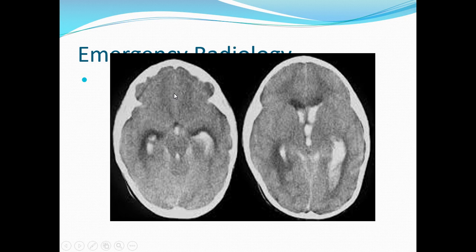But where does the blood go once it has come into the brain parenchyma or anywhere in the brain? What are the drainage channels? Ultimately they are the ventricles, so it will go into the ventricles. Like this is the frontal horn, this is the third ventricle, and these are the dependent occipital horns of the lateral ventricles. This is the fourth ventricle, you can see the aqueduct and the fourth ventricle.